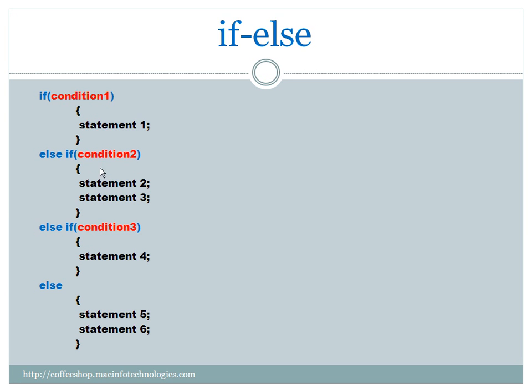So we can have more than 3 conditions. I have given only 3 conditions here: if, else if, else if. You can continue the else-if ladder, like if, else if, else if, else if, else if, n number of times. There is no restriction. But the last one would be else. You can skip this. This is an optional block. The else block is optional. Even if there is no else block, the program will execute. There will be no compiler error.